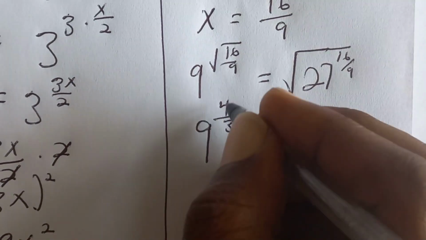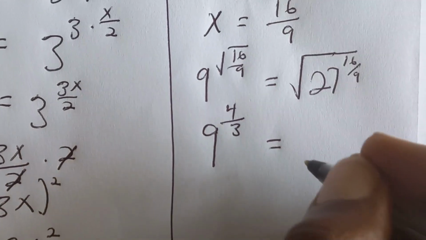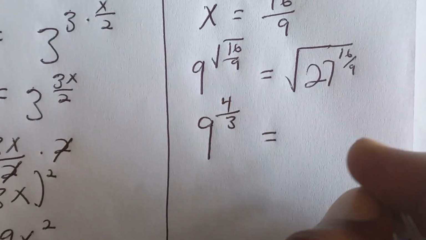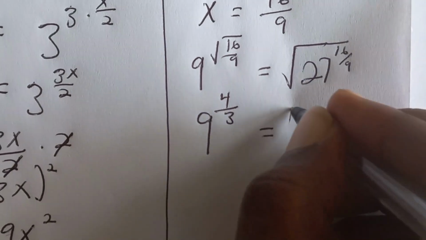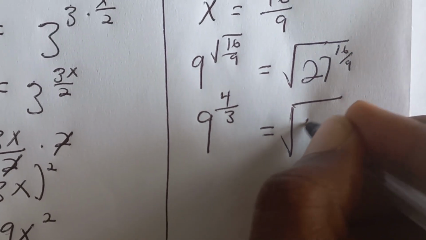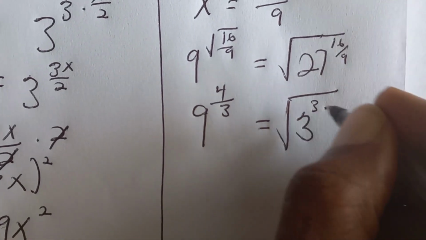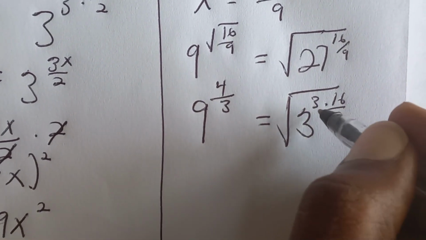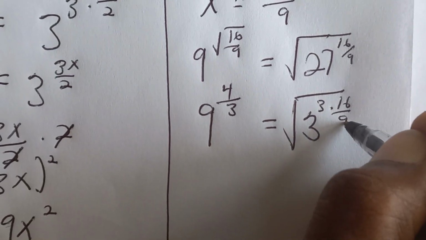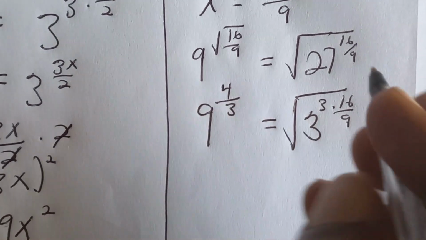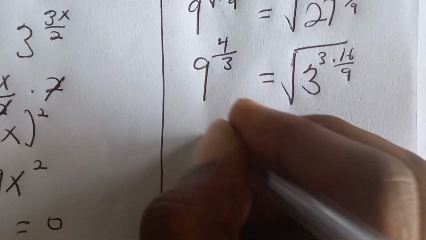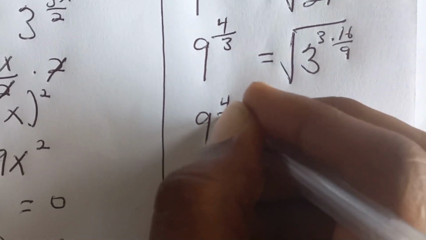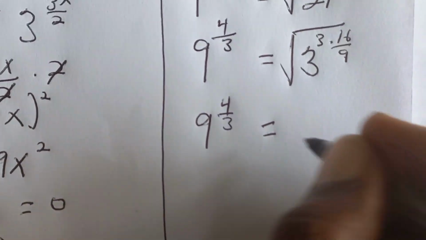So 9 exponent 4 on 3, which is equal to 27. We can express it as 3 exponent 3, multiply by 16 on 9. Okay, and don't forget 3 goes into 9 how many times? 3 times, okay? So now our equation becomes 9 exponent 4 on 3, which is equal to